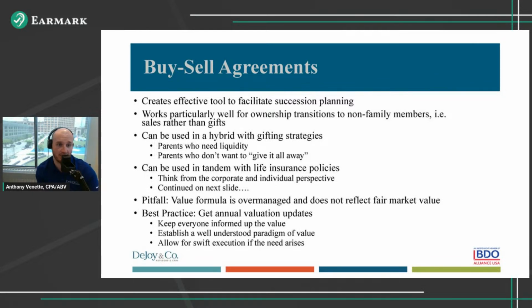So I can scale up based on liquidity needs. That's managing parent liquidity needs and children liquidity needs, which is what I like about it. Parents don't need to feel like they gave it all away. Children can feel some ownership that they paid for it, but we don't create any tax burdens anywhere that are undue or unneeded. Really good to use in tandem with life insurance policies too. That's where I think I've typically seen these used.